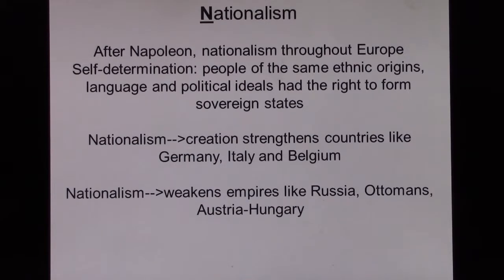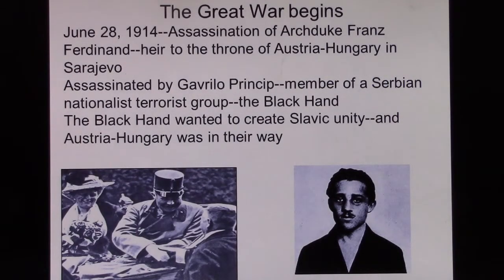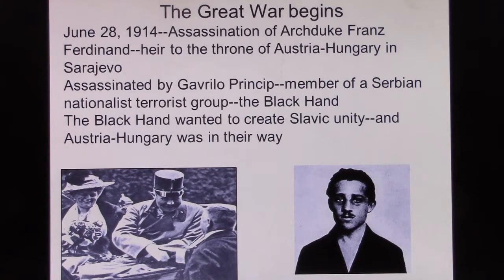Well, nationalism will create new countries like Germany and Italy. But nationalism will weaken old school monarchies like the Russian Empire, the Austro-Hungarian Empire, and even the Ottoman Empire. And so, with nationalism playing a massive role here in Eastern Europe, many small Eastern European countries were Slavic, which meant that they were descended from Russians. And there was a stirring of nationalism among these smaller Slavic countries that they felt had been belittled and gobbled up by the larger